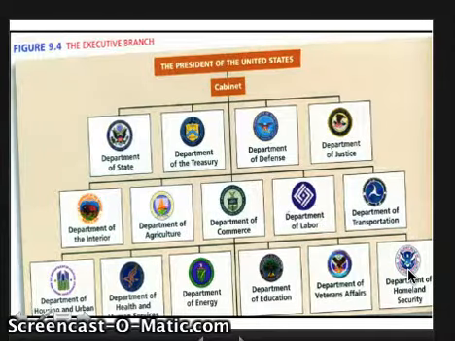Here are some examples of the 15 major departments. On the top level, these are the most prestigious departments. They are the ones that are considered to have the most power. State, Treasury, Defense, and Justice. Justice are all the lawyers and the FBI. Department of Defense, they're in charge of our military. Treasury, in charge of money and the economy pretty much. And Department of State is in charge of peaceable foreign relations. As you can see, there are a whole lot more. And again, our next homework video will actually be just about departments and agencies.